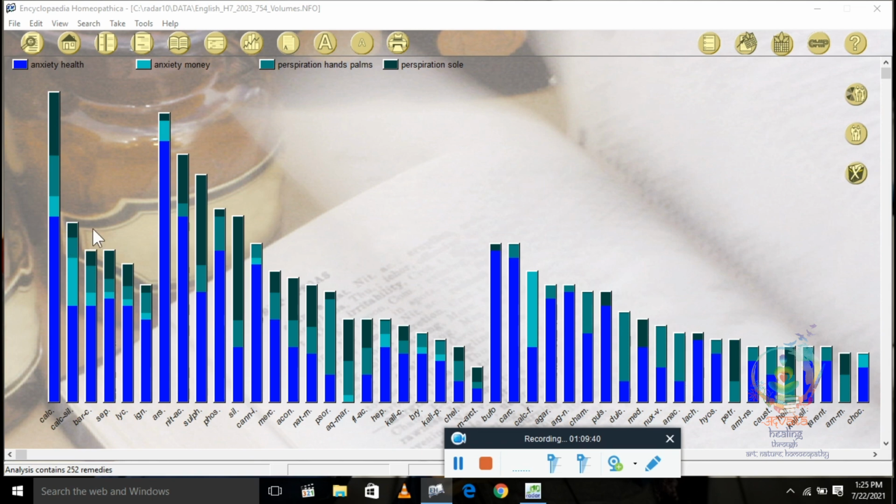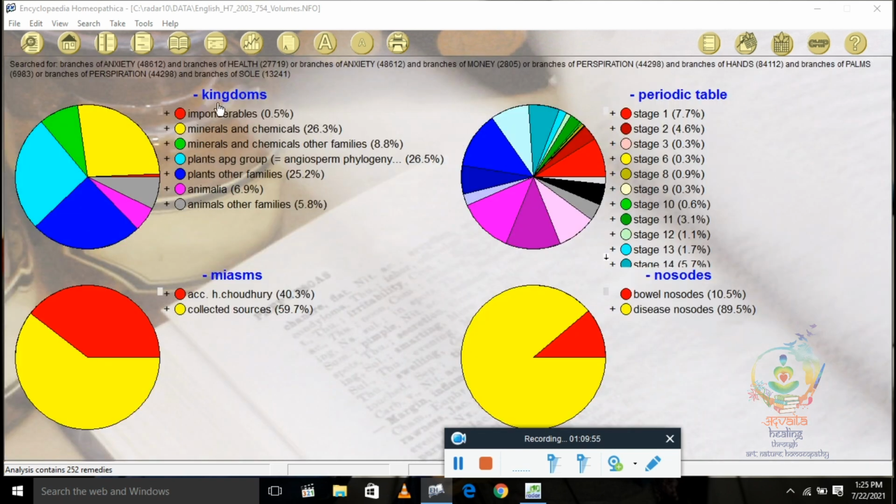So you never go wrong. Let's see, you have to go here. See this button, you can analyze by family. Just click on it. You can see 4 features are given here: kingdoms, periodic table, nosodes, and miasm, right?